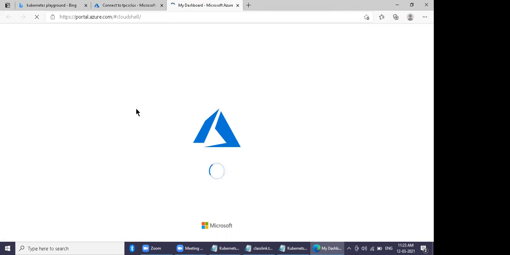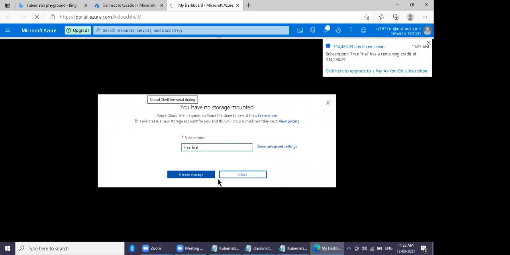The same cloud shell where you learned Ansible, because they also install Docker and Kubernetes in the same cloud shell. So basically, Ansible is used only for automation, and this is used for high availability. So create storage.